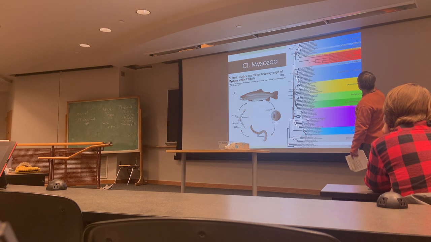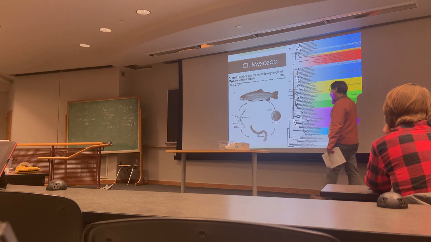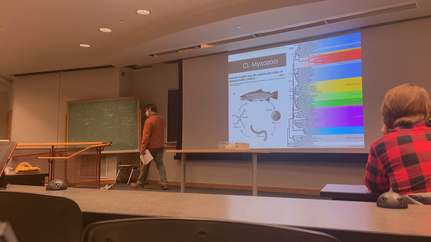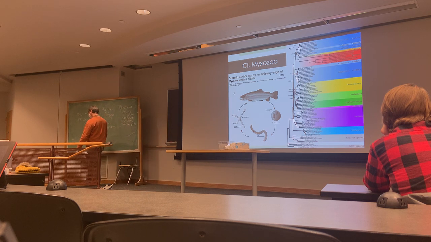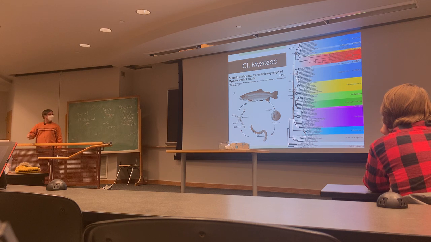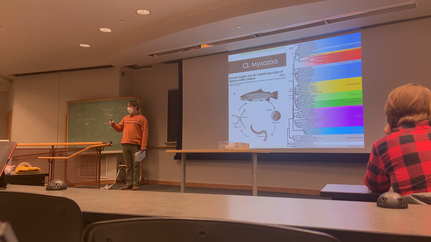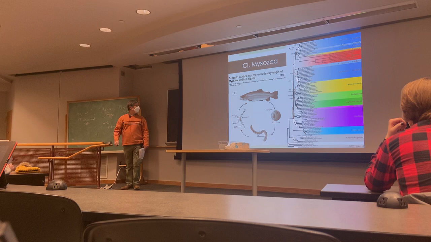What we find, if you sequence a bunch of myxozoans, they group firmly within the cnidarians. And prior to molecular data, myxozoans were not inferred to be cnidarians. Only once molecular data showed that it grouped firmly within cnidarians were we able to look at the polar capsules and say, hey, those represent nematocysts.